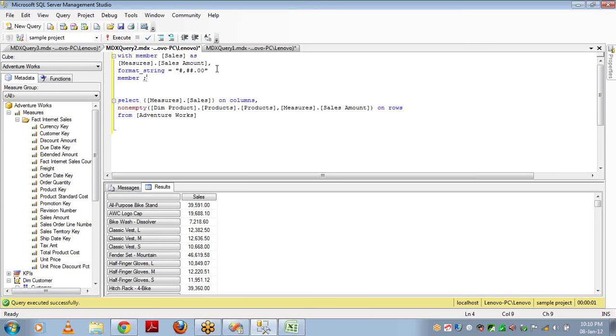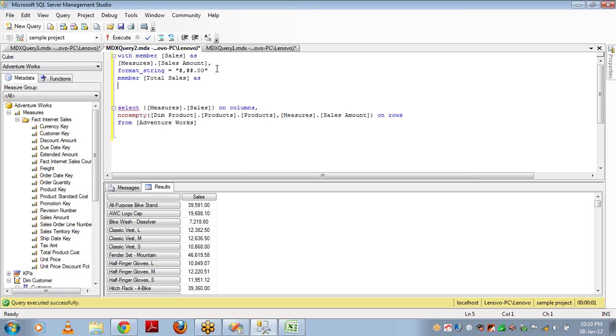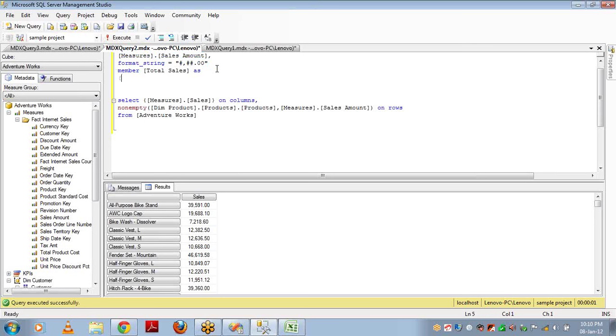Member Total Sales as. What do I want to get? I want to get the measures of the Dim Product dimension.